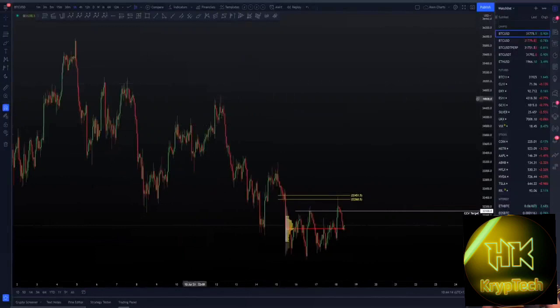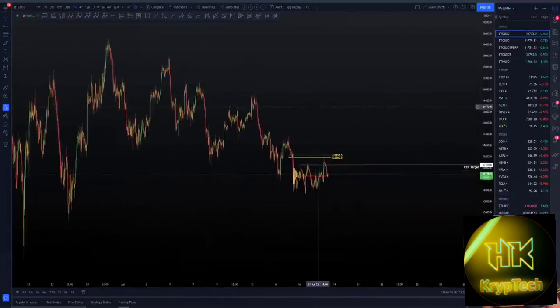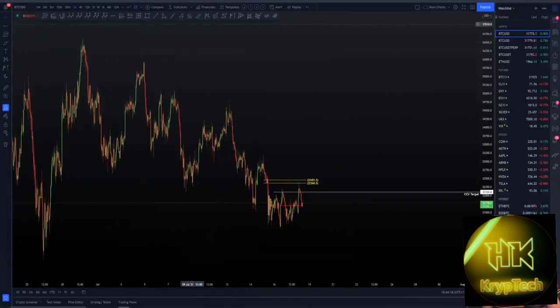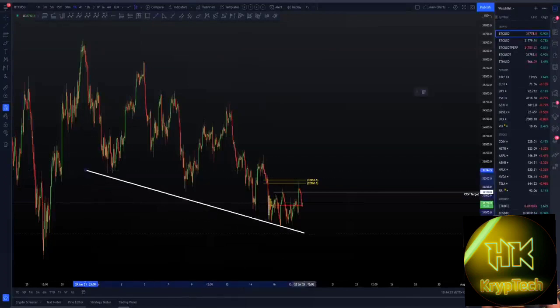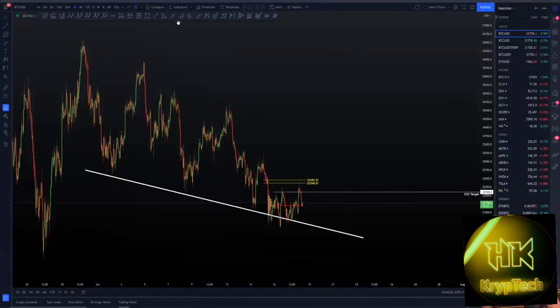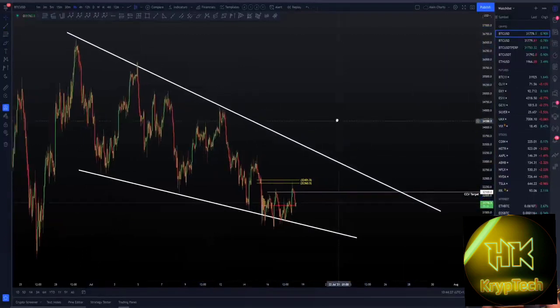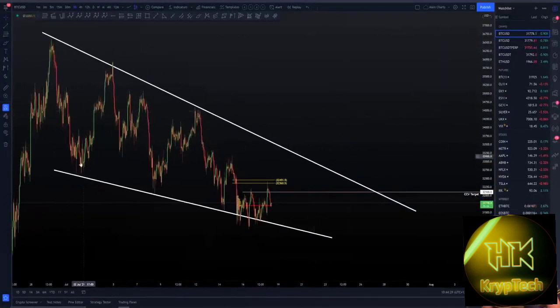What's everybody looking at now? I think a lot of people have their eyes on this falling wedge pattern, which is considered a bullish pattern. A lot of people are looking at this right now. Doesn't mean it's correct, but this is what a lot of people are looking at. It's a bullish pattern where you're making lower highs and lower lows, but you contract and you contract and you contract, and generally speaking,